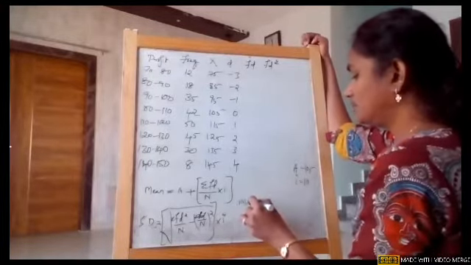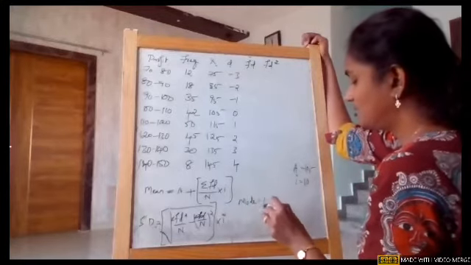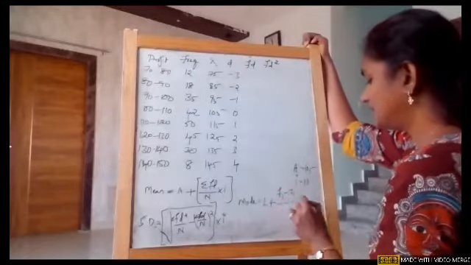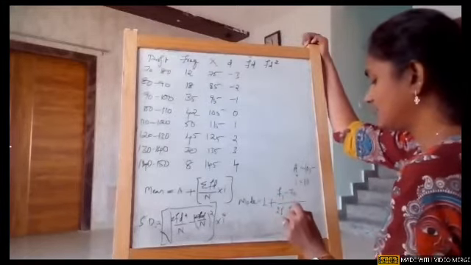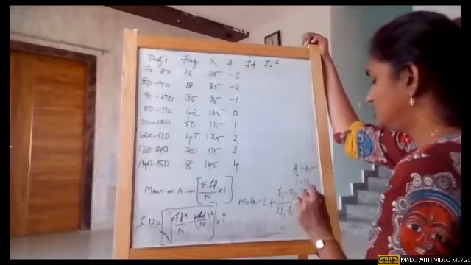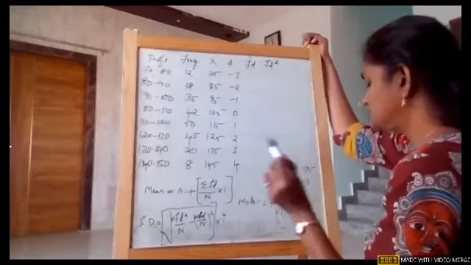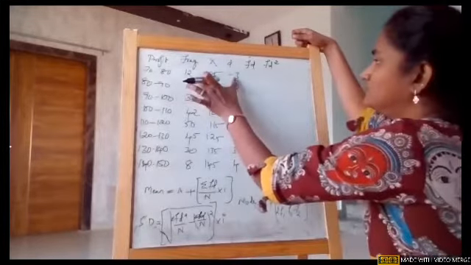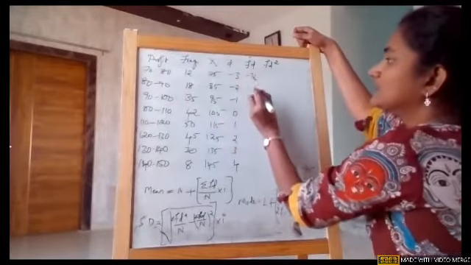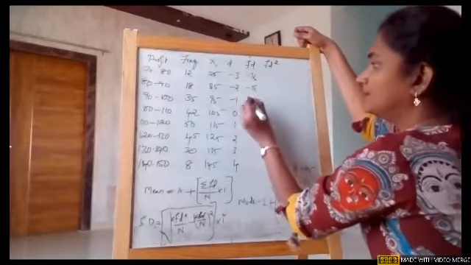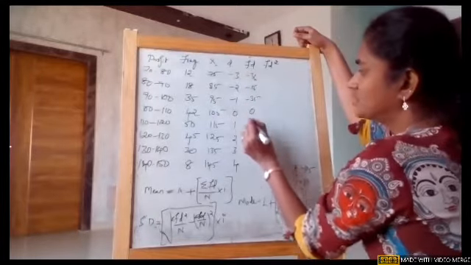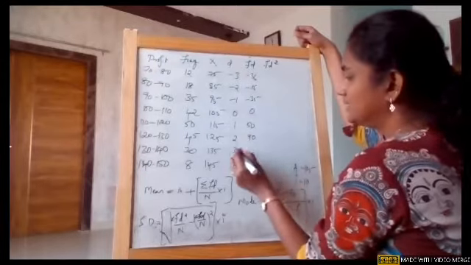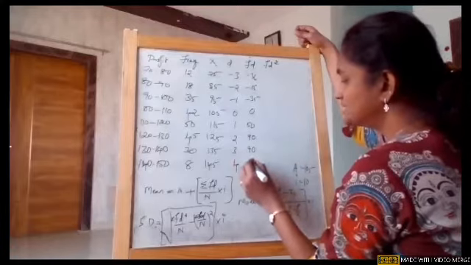So the formula for mode is lower limit plus f1 minus f0 divided by 2f1 minus f0 minus f2, into I. All this we need to show. Now if you see FD value, so 12 into 3, so minus 36, minus 36 again, minus 35, 50, 45 into 2, 90, 90, 4 8s are 32.